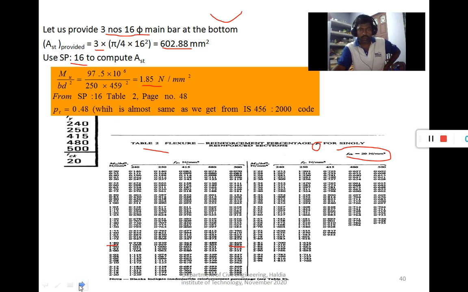But in the exam, use the IS 456 equation or formulae to find out the area of steel, okay. But in the project and the sessional you may use SP16.